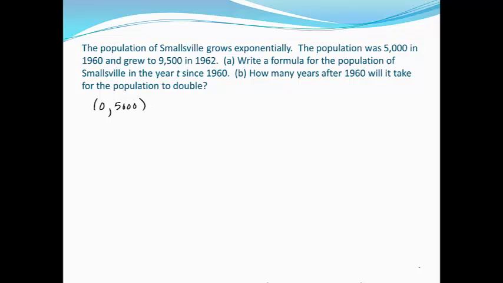So we'd have the point (0, 5,000) on our function, and 2 years later in 1962 the population is 9,500, so we would have the point (2, 9,500), and we can use these 2 points to find our exponential function a b to the t, where a is our initial value, so we already know a is 5,000, and b is our growth factor, which is 1 plus our percent rate of change. In order to find that, we should look at the ratio